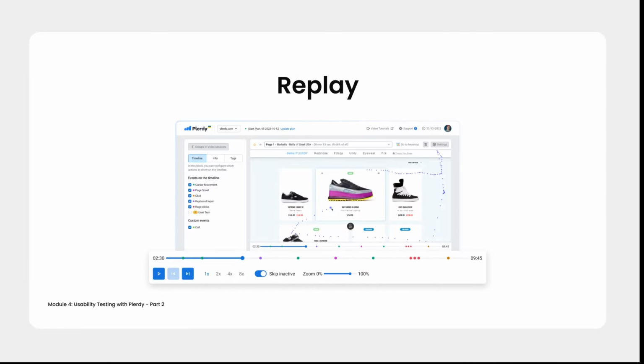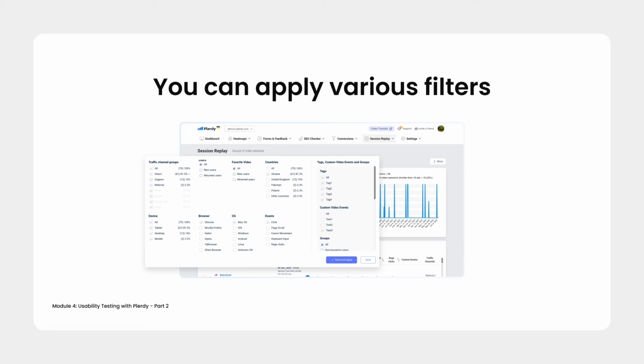While watching the replay, you can see events marked with colored dots on the timeline. You can also view additional user information, add tags or comments, and even share the link to the recording with colleagues for further analysis. To make analyzing session replays more efficient, you can apply various filters to narrow down your